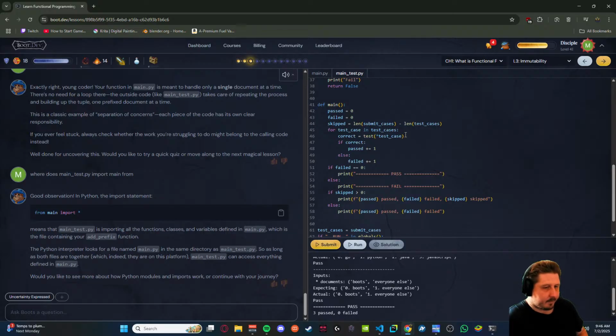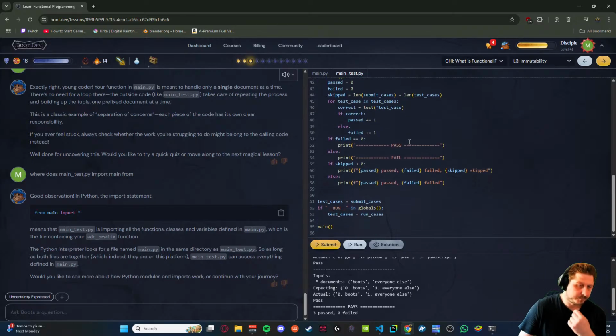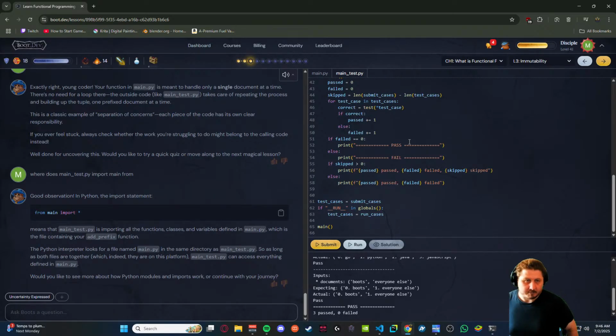Skipped. Skipped is over, greater than 0. Passed. I just don't understand this part at all. Equals submit cases. If run in globals, test cases, run case. Yeah, I don't understand main test at all. Not at all.